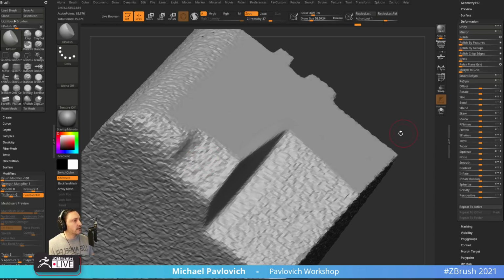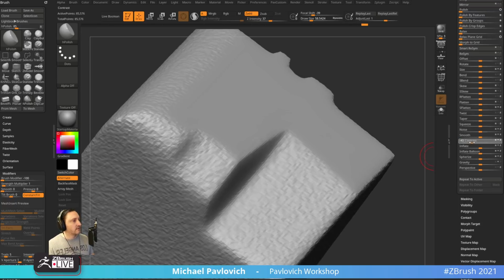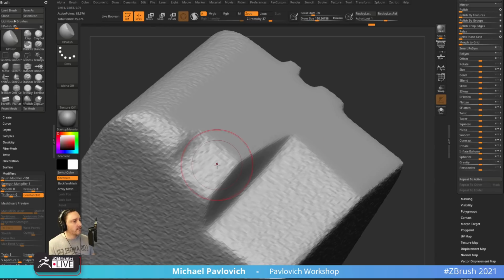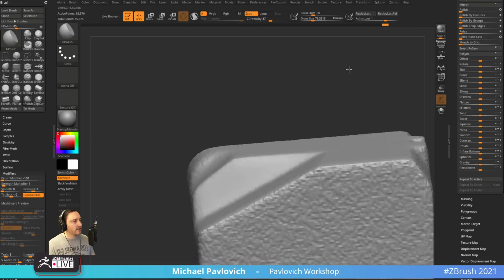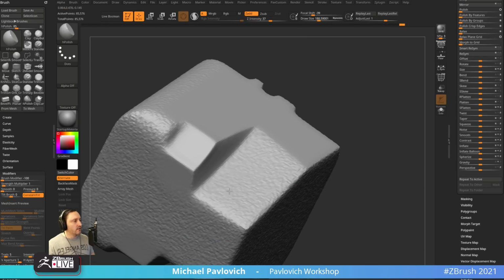Hold on, let me contrast, negative contrast, just to kind of soften this noise out a little bit. So if I go through here with a tiny hPolish brush and I'm trying to polish a surface down like this, you're going to get a lumpy result. You go in here with a big old hPolish brush, hold down Alt, let go of Alt, and you just kind of go back and forth. And that's going to give you those nice broad